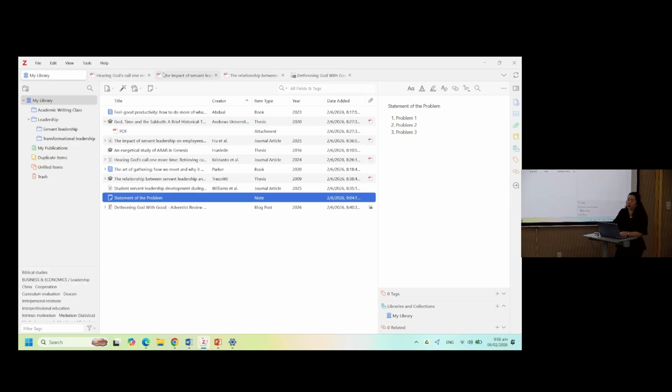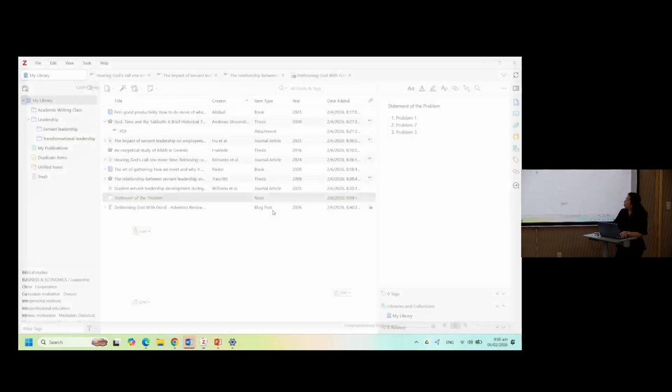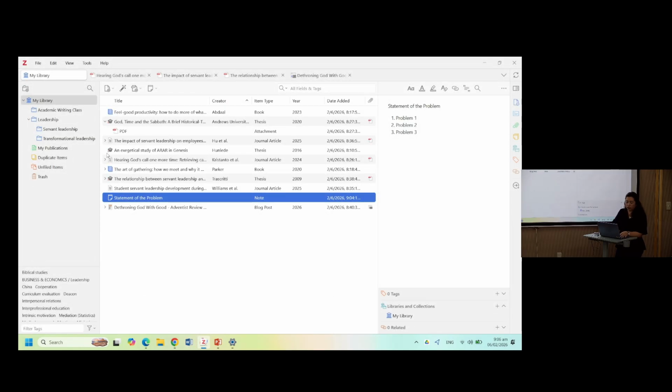But before that, let us ensure that you have installed the plugin in your Microsoft Word. So may I request you, if you have an open Microsoft Word file, to close that. Okay. Make sure you save whatever is important.